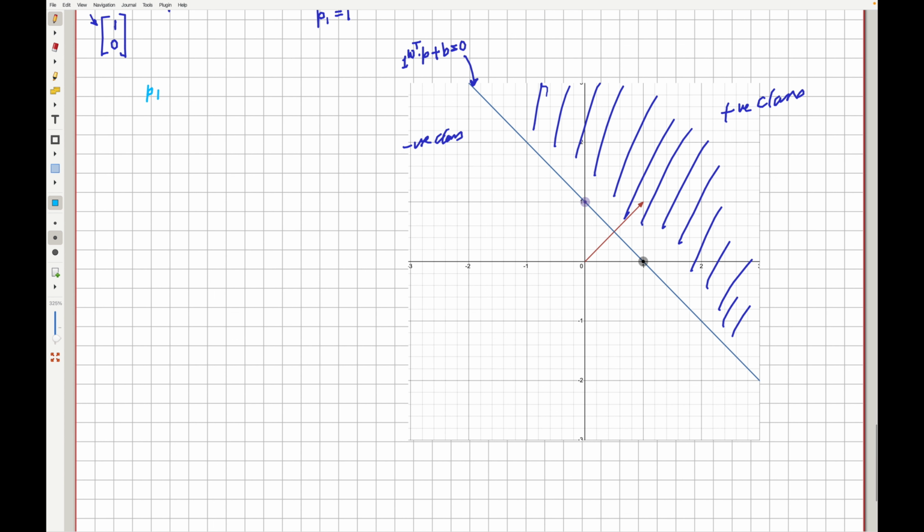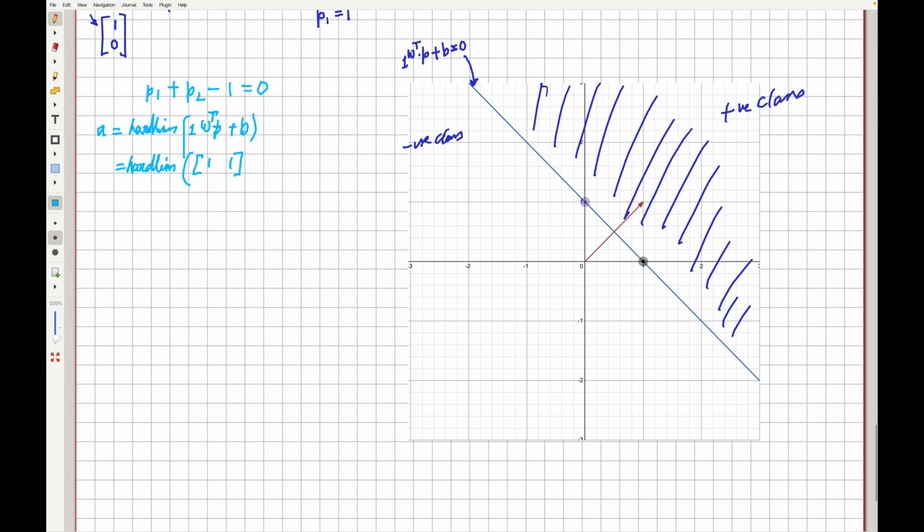So our decision boundary right now is given by p1 plus p2 minus 1 is equal to 0. That is what that line represents here. So we don't need that to evaluate a right now. So what we can say is a is equal to hardlim of w transpose p plus b, which is equal to hardlim of